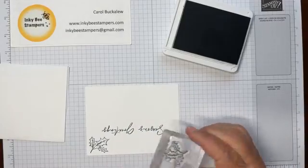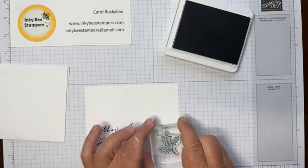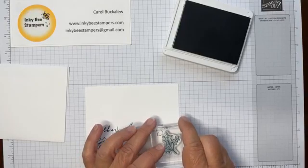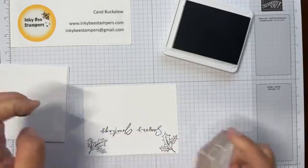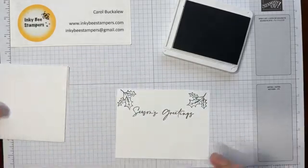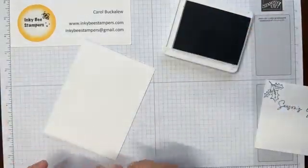Straight, is it? Yes, it is supposed to be straight, Sharon. But, you know, sometimes it is what it is, right? And just stamp that one more time there in that upper corner. And I'm also going to stamp the holly here in the corner of my envelope,